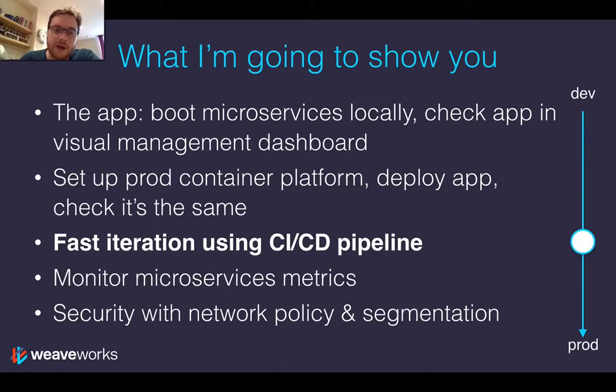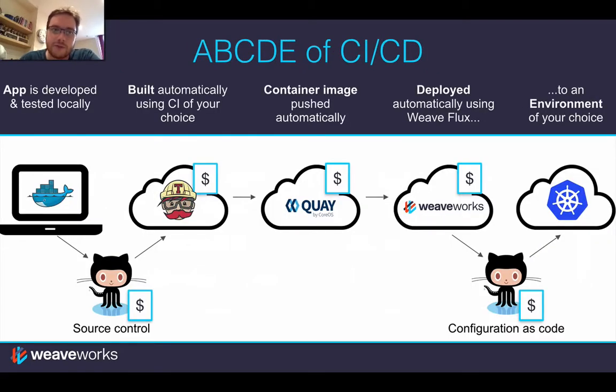Next up, I'm going to show you how my team can iterate quickly using our CI/CD pipeline. So watch out, this is the most complicated bit because it involves several different moving parts. But I like to call it the ABCDE of CI/CD. ABCDE refers to the app being developed and tested locally, then built using continuous integration of my choice, then pushed automatically to my container registry, deployed automatically using Weave Flux, and deployed automatically to an environment of my choice, in